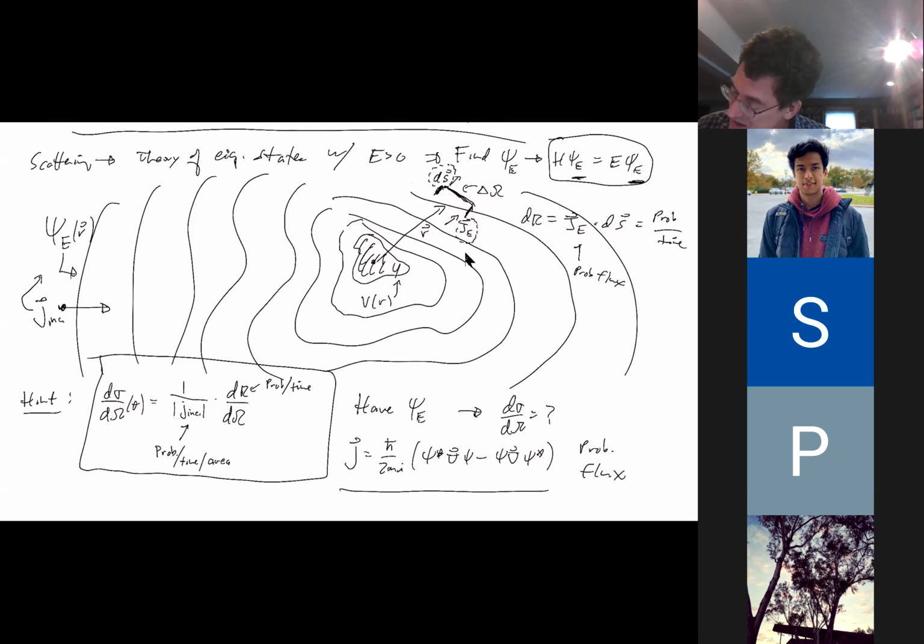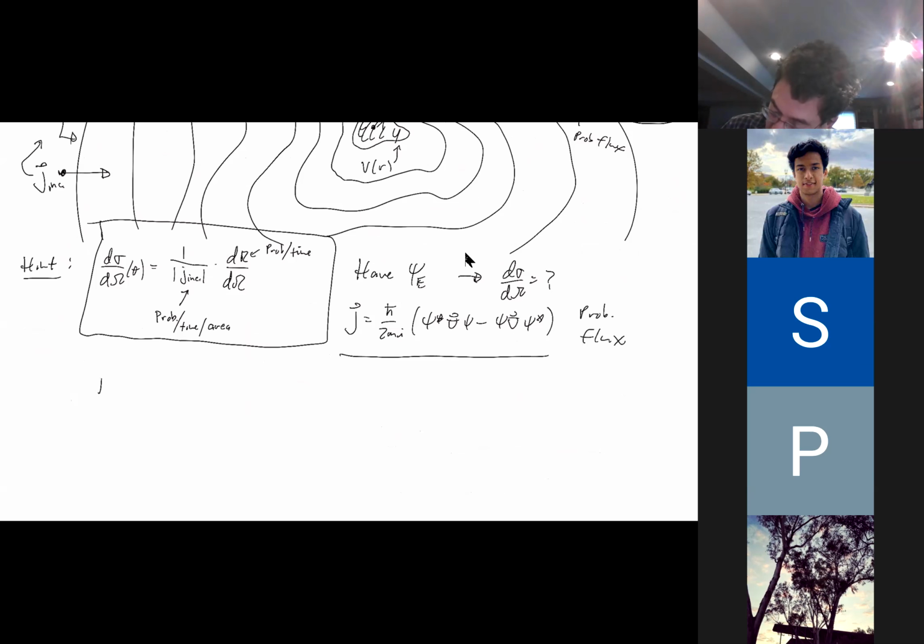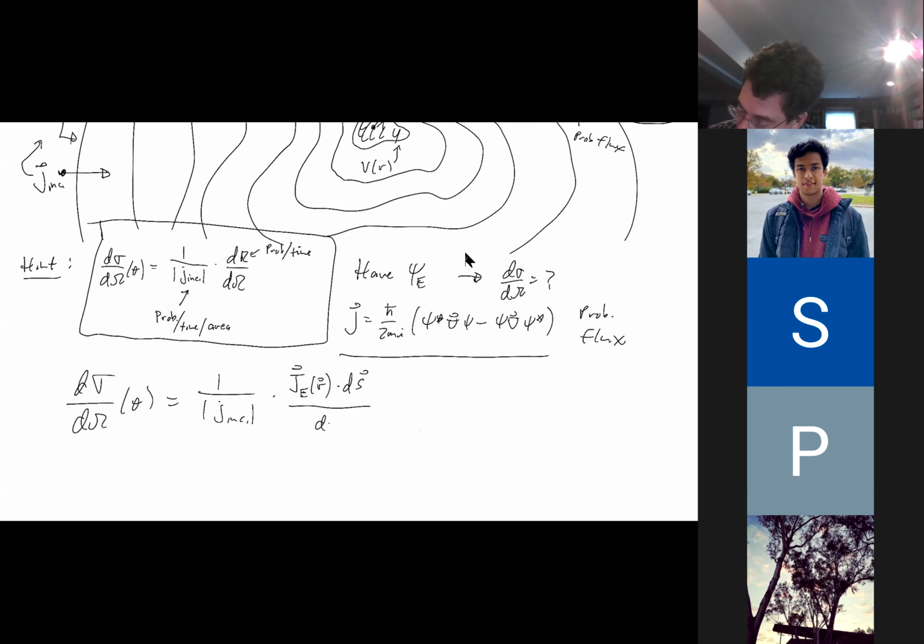And so the whole point is that if I have the wave function, then I have everything, because I can calculate the probability flux, and I can calculate my J incident, and then I have my differential cross section: dσ/dΩ of θ is equal to 1 over the J incident dotted with this guy, which will just be the J_E at the site of the detector, I'll call that R, dotted with dS, the area of my detector divided by the solid angle of the detector. Okay, so that's going to be